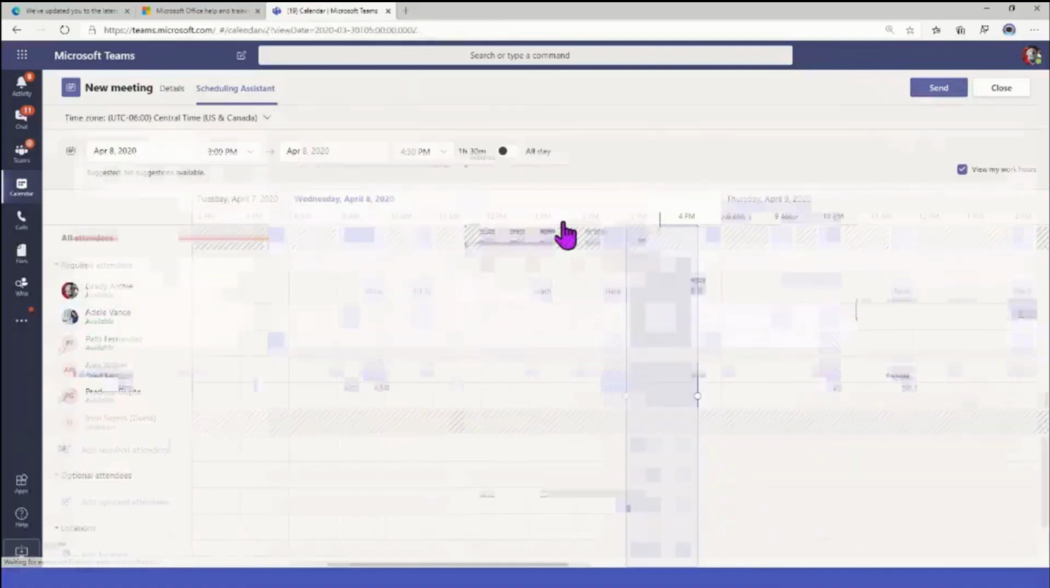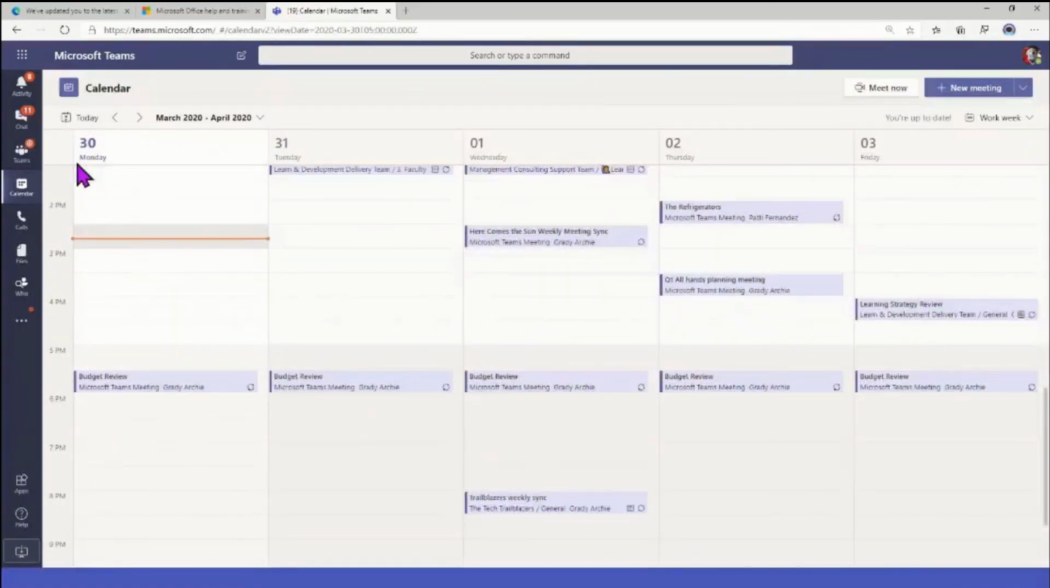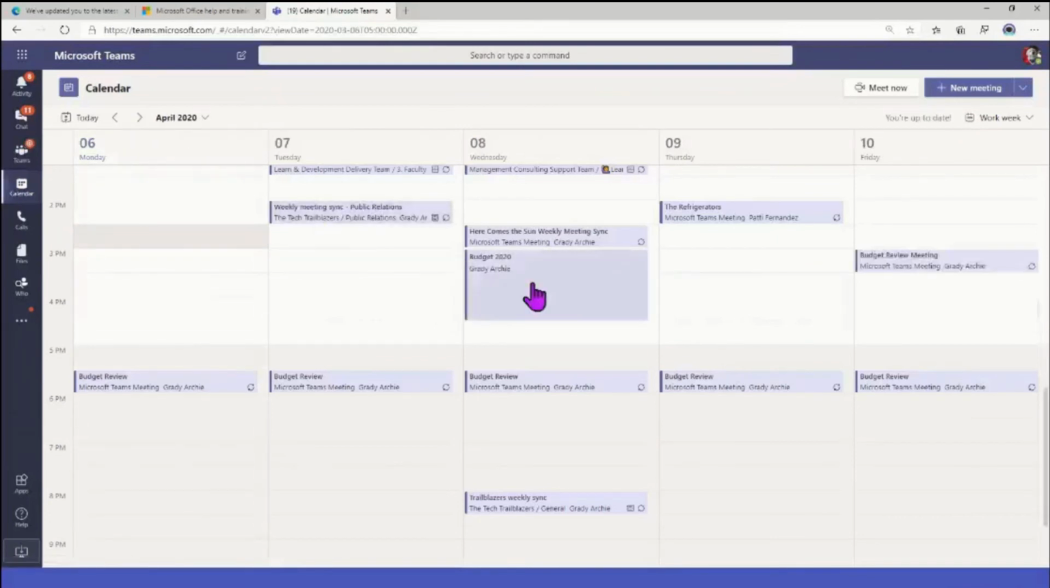I'm good. So that was April 8th, right? So I'm going to go to April 8th. There it is. I think I actually made it 2 hours. That's all right. It's going to be a long meeting. It's a really big budget. I can right click on this to edit, or to go chat with my participants, or to join, or to